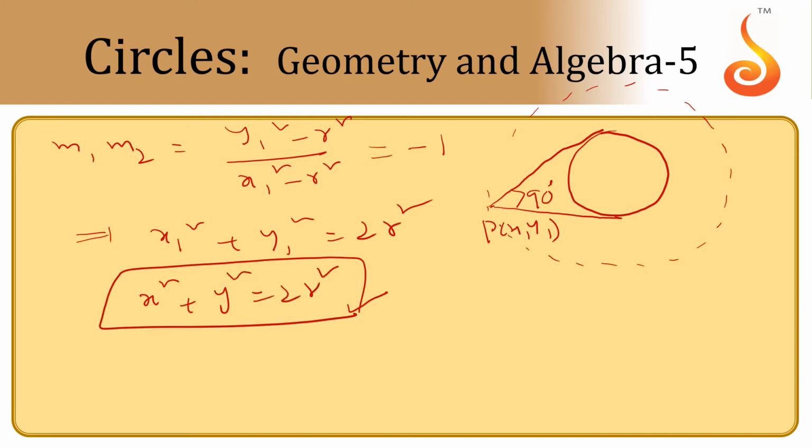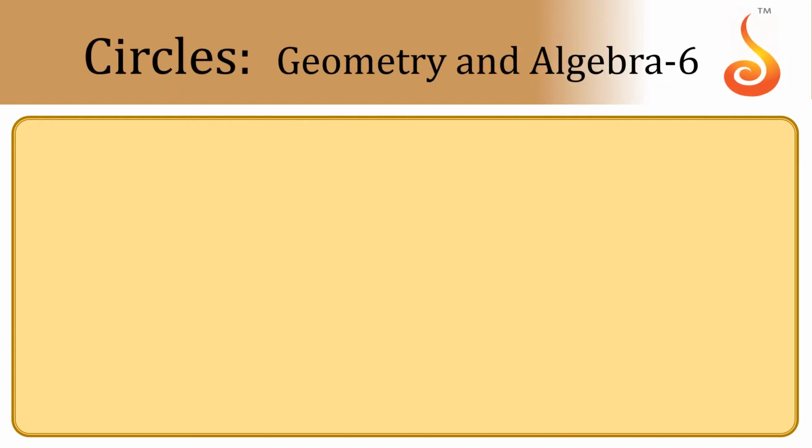So what is the specialty of this circle? From any point on this circle, if you draw two tangents, the angle between those two tangents will be 90 degrees. And this circle is called the director circle. Okay, now we can apply and discuss all these things